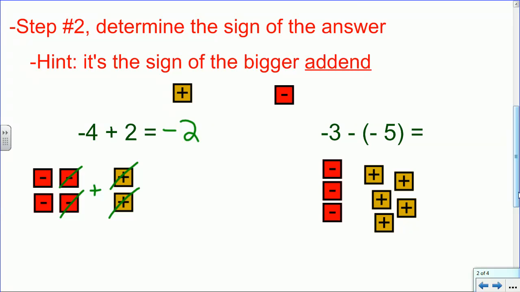Example 2 is a subtraction problem. We don't like that, so let's play add ops first. Negative 3 minus negative 5 is the same as negative 3 plus positive 5. That's 2 changes. So negative 3 plus positive 5. Well, if we have 3 negatives,